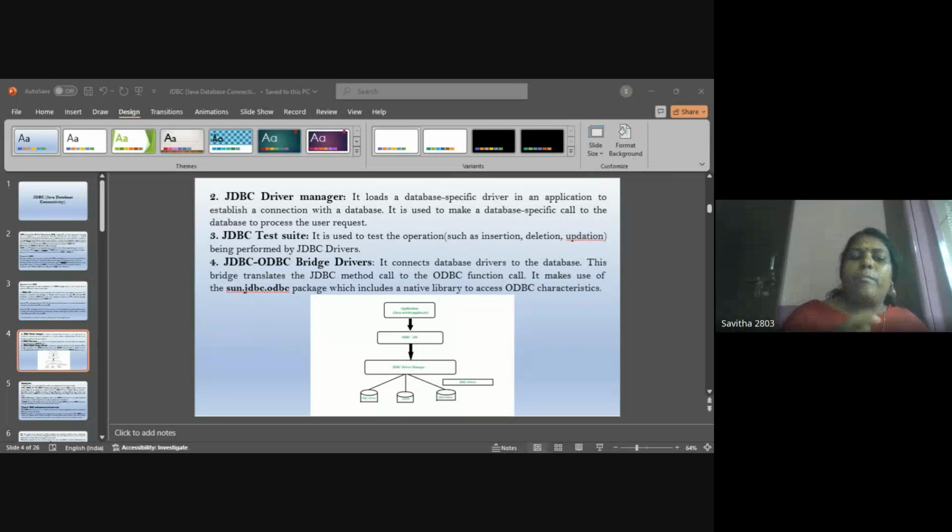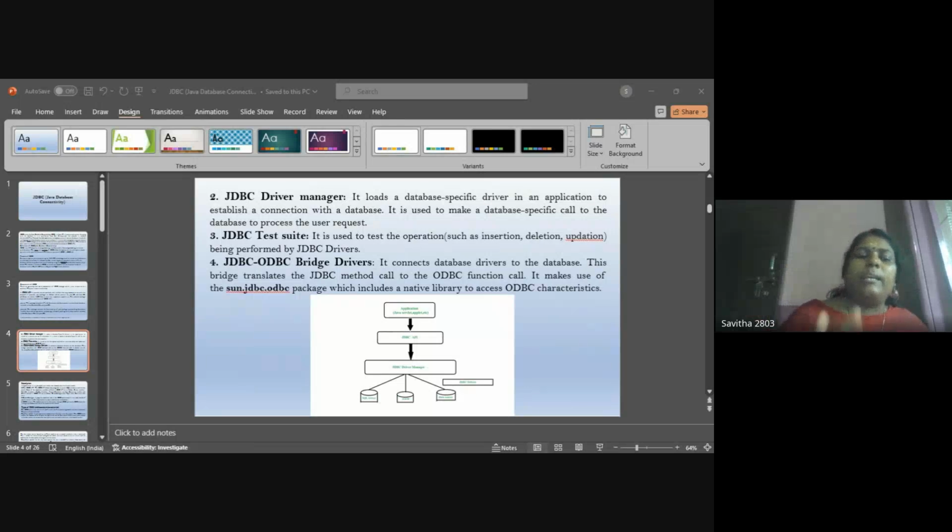Then a query variable, which is a string. This is the query we need to implement: insert into student values 109, and so on. Student is the table, and inside it we need to insert two values: one is the number value and another one is the string value.